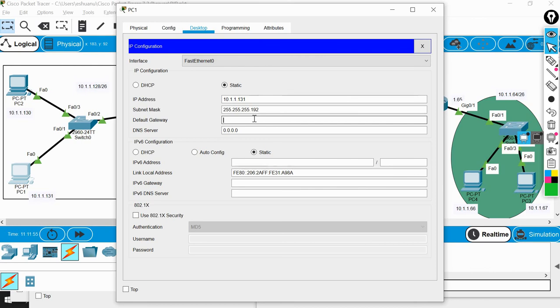Or I think I should break it. I should make two videos, otherwise it will be too long. I'm also feeling bored, otherwise I will not be able to give much time to RIP. Although RIP is not in the CCNA syllabus, it has been removed right now, I'm still telling you because this is very basic actually.